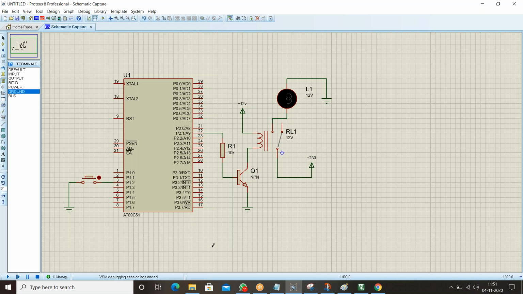And now if you're done with this, I'll go to the coding part. I mean that I'll write a code. It's a very small code. If I press this button, the lamp has to glow. Normally open means normally close. The switch will vary from normally open to normally close, and the lamp will glow. If you have done this hardware part, I'll go with the software part, the program. Very small, it's almost only 10 minutes.